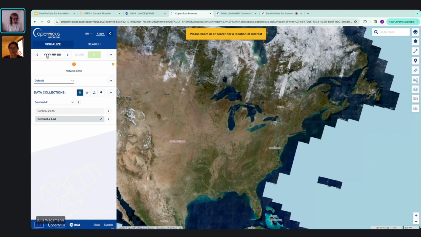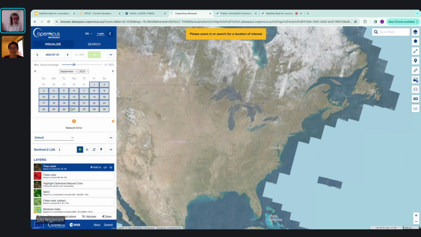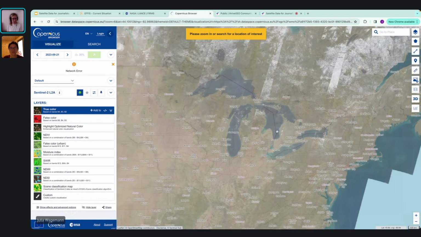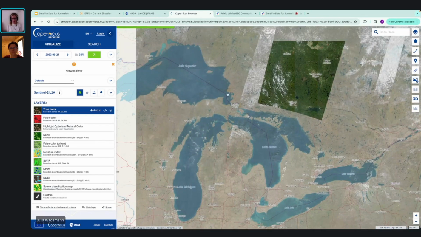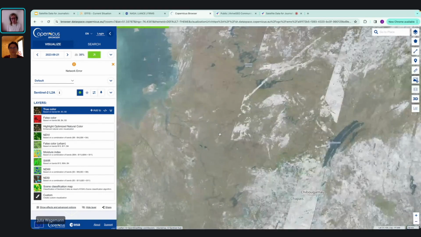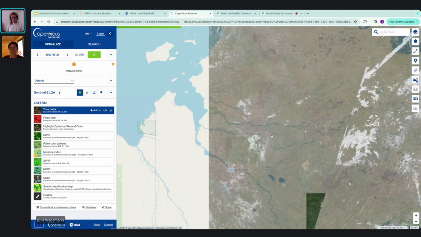And then we can choose, for example, an example was September the 21st. And here again, it gives you different options on true and false color composites. And so if I zoom in here again in our area where wildfires happened in Quebec,